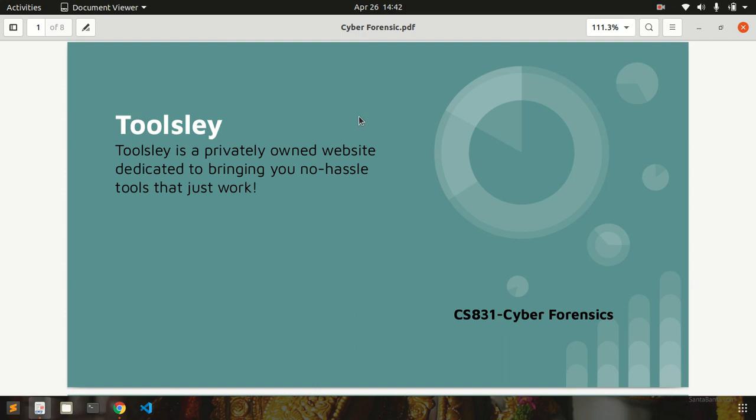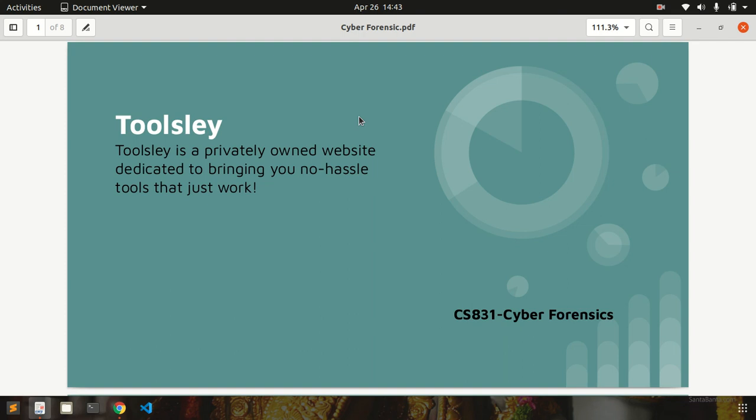Mainly digital forensic tools fall under two categories: the first one is hardware forensic tools and the second one is software forensic tools. Hardware forensic tools can range from simple single purpose components to complete computer systems and servers. Those are very big tools.